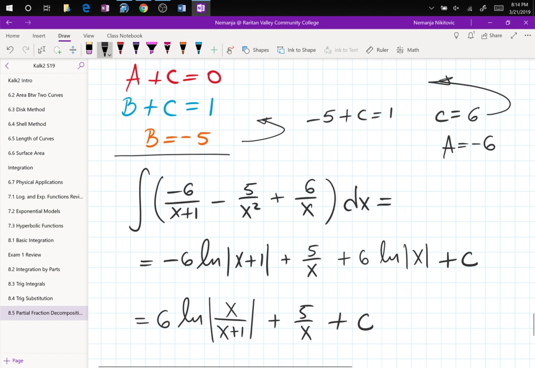Partial fraction decomposition. What's better, this or trig sub? This is better. This is better than trig sub? Yeah. All right. Can you actually